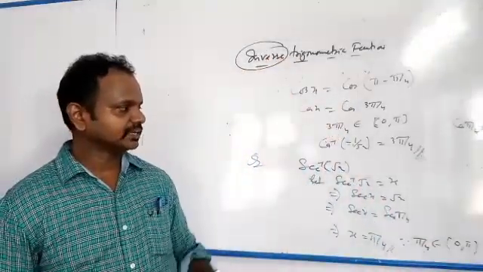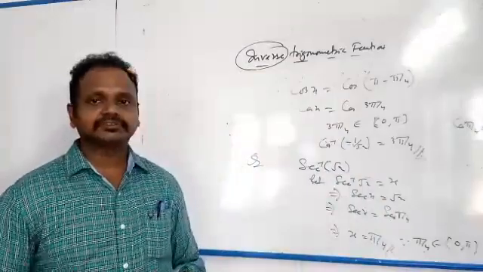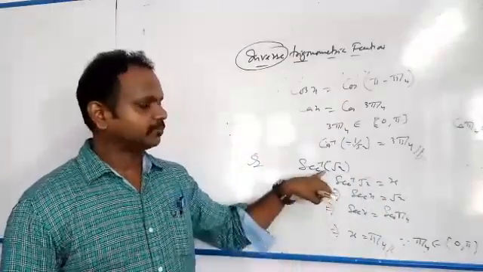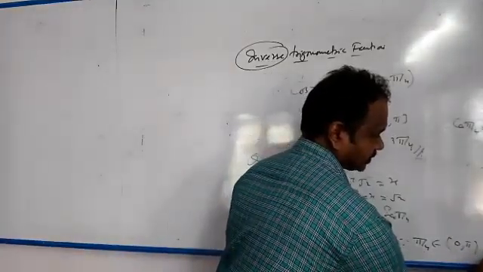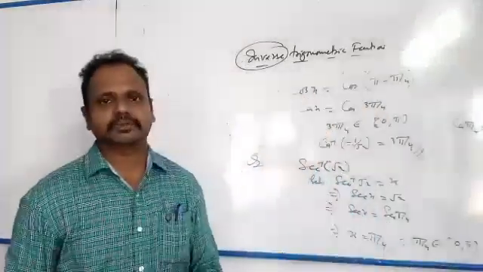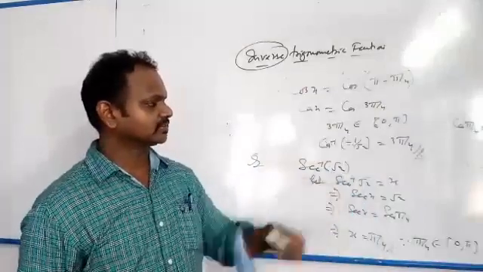0 to pi, other than at which point is it not defined? At the point pi by 2. So this is 0 to pi minus pi by 2. So this belongs to 0 to pi minus pi by 2. Hence we can say that the value of sec inverse root 2 is equal to